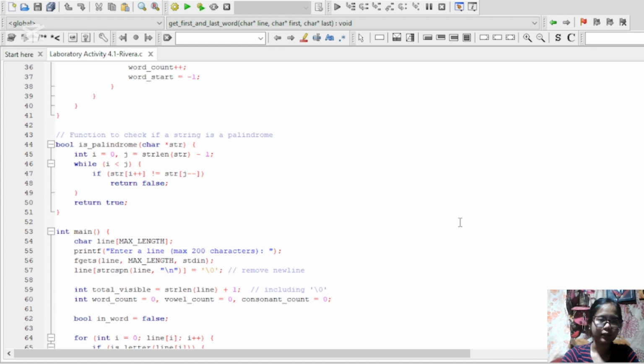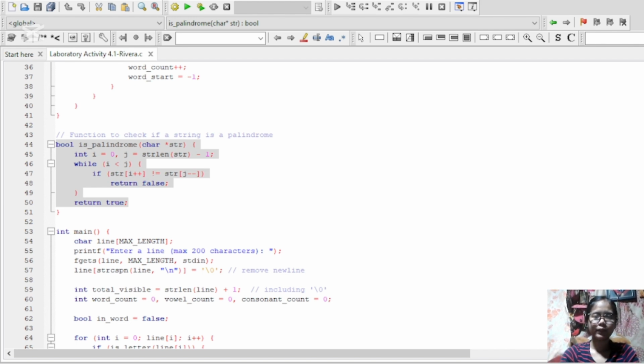Let's scroll down again. This line is a function to check if a string is a palindrome. It checks if a string is the same forward and backward.